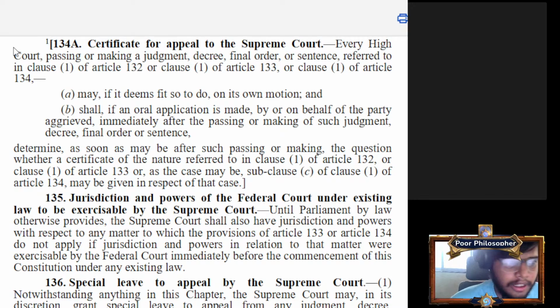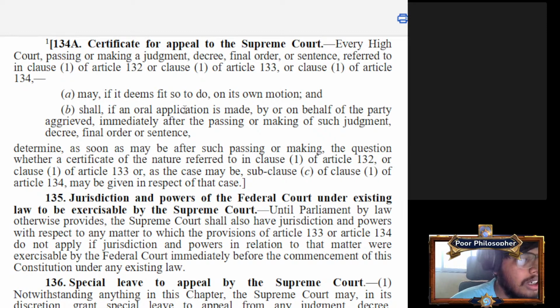We'll start with Article 134A, Certificate for Appeal to the Supreme Court. Article 134A. Every High Court passing or making a judgment, decree, final order, or sentence referred to in Clause 1 of Article 132 or Clause 1 of Article 133 or Clause 1 of Article 134 may, if it deems fit to do so, on its own motion, and